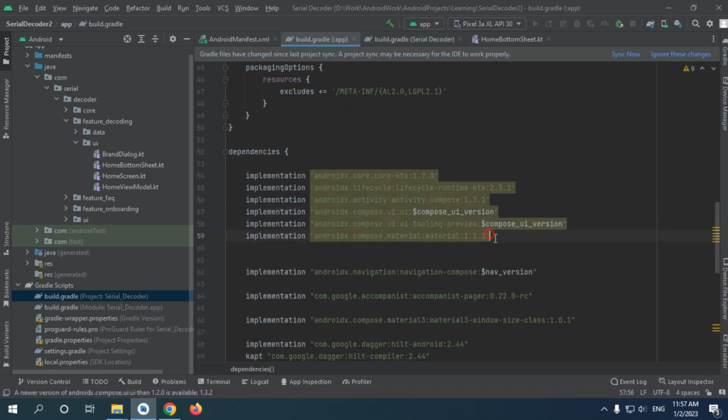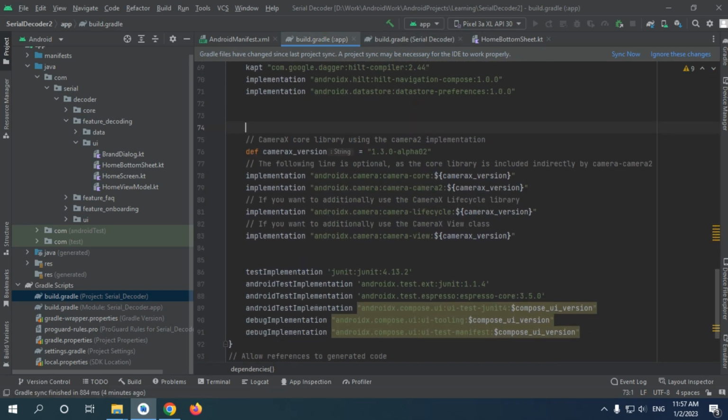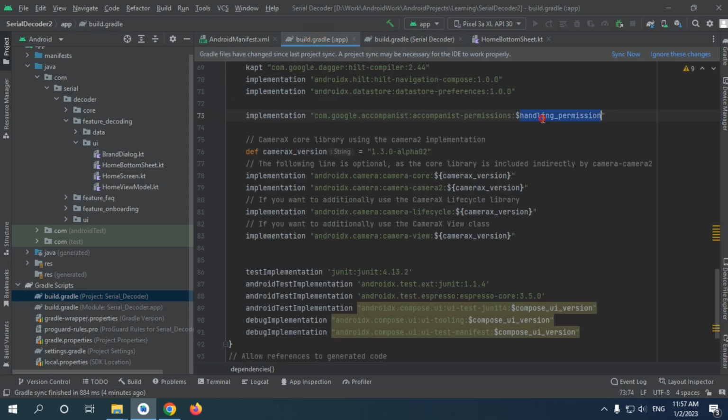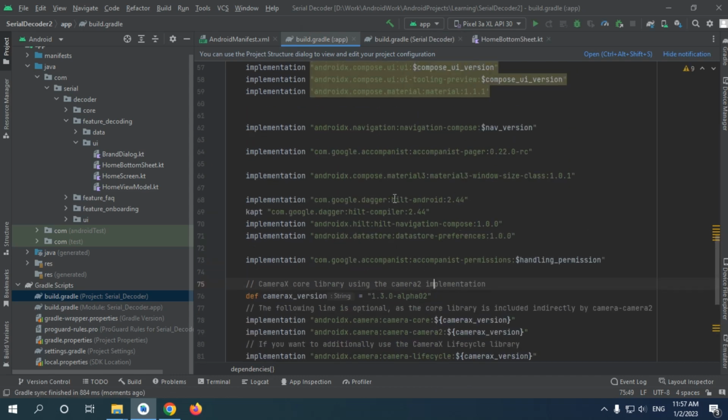And in this one, I'm just gonna add the implementation here, and I'll name it handling permissions, and sync, and voila, now that's it. See you next